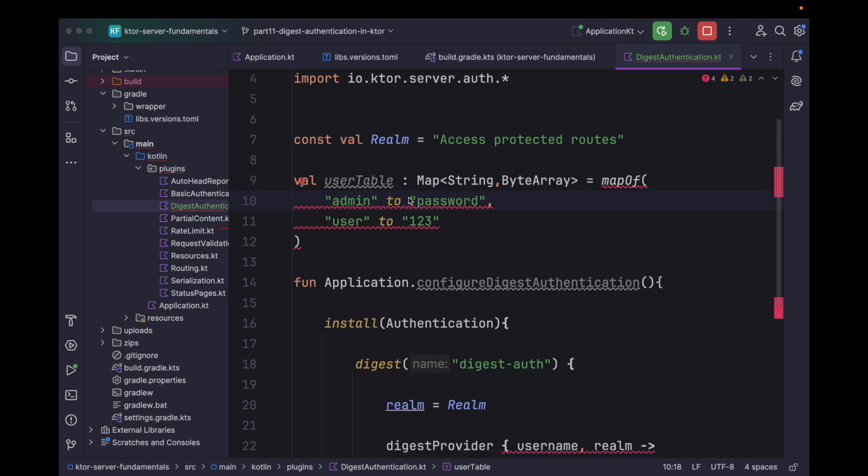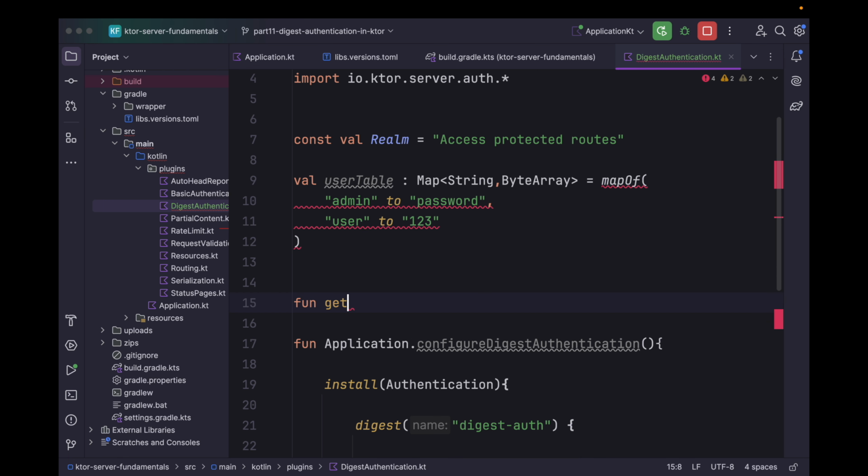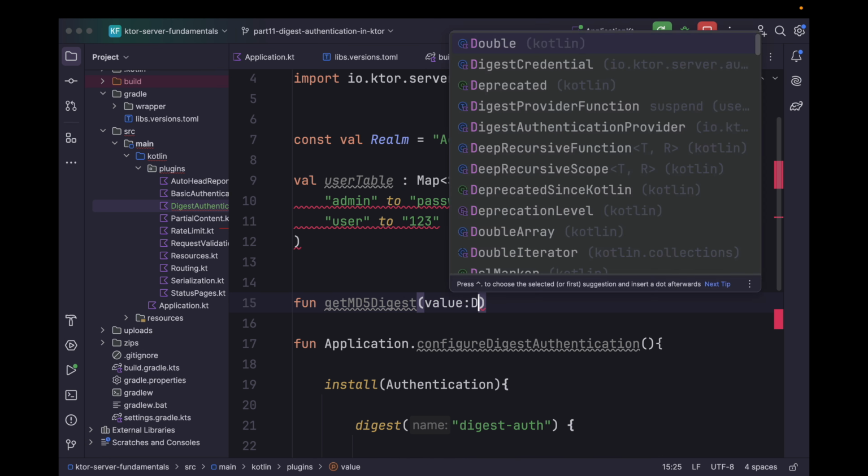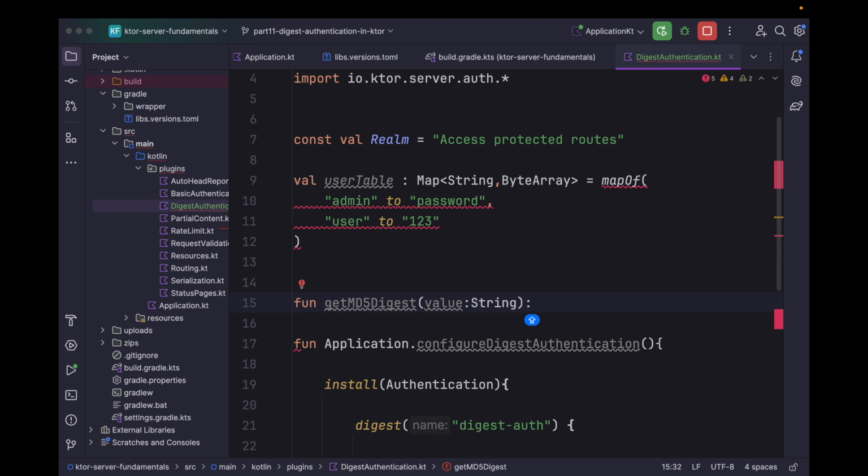As you see, over here we have the password as plain text. But instead of plain text, it is recommended to use the hashed value of the password. So for that, let's create a hashing function. Let's say getMd5Digest. It takes a value of type String and returns a ByteArray.